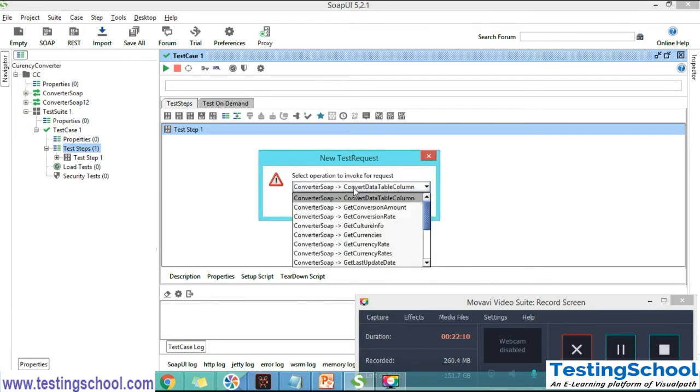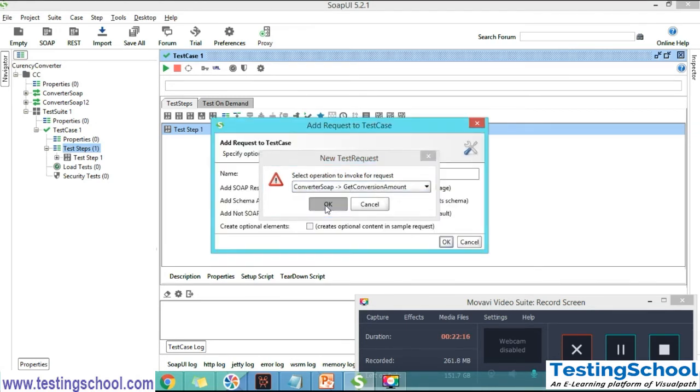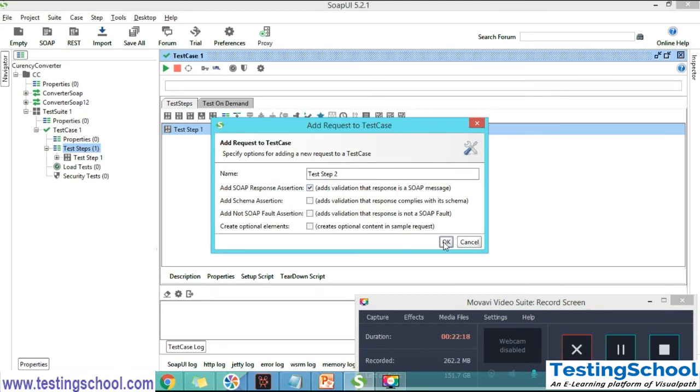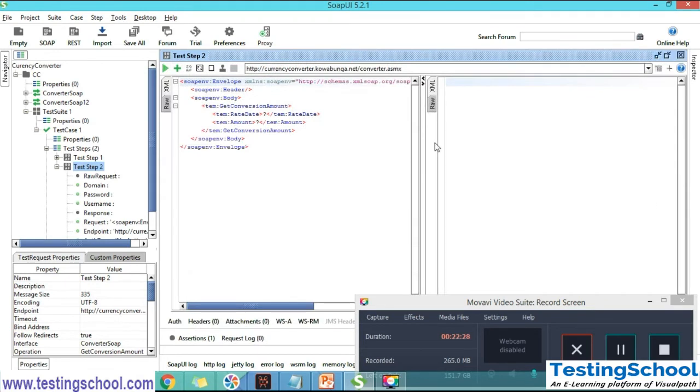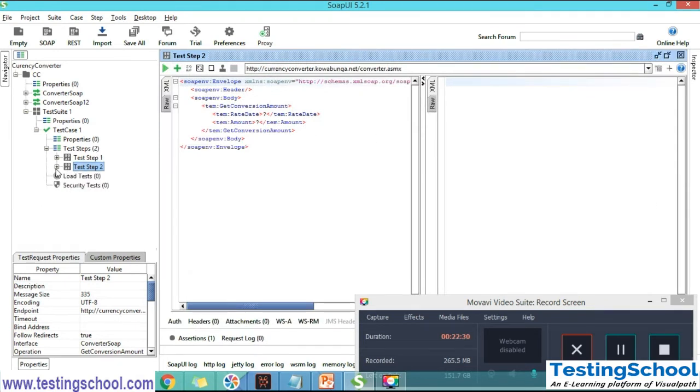Again it is asking for the method which we need to select. I am selecting get conversion amount. Click on OK. Again I have to click on OK. We are adding the request to the test case, and this is another step. So another one also created. This is step 2.